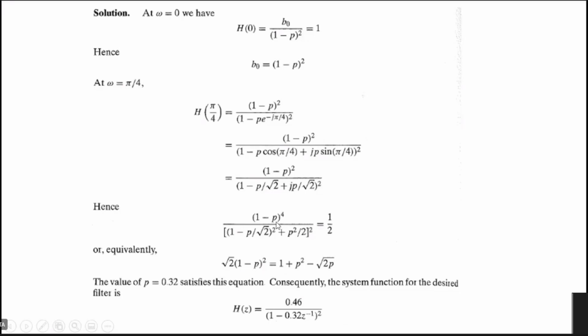So if you take the magnitude square, it becomes (1 minus P) whole to the power 4 over (1 minus P by root 2) whole square plus (P square by 2) whole square, because it is magnitude square, that means it is A square plus B square. Okay. So we get that is equal to